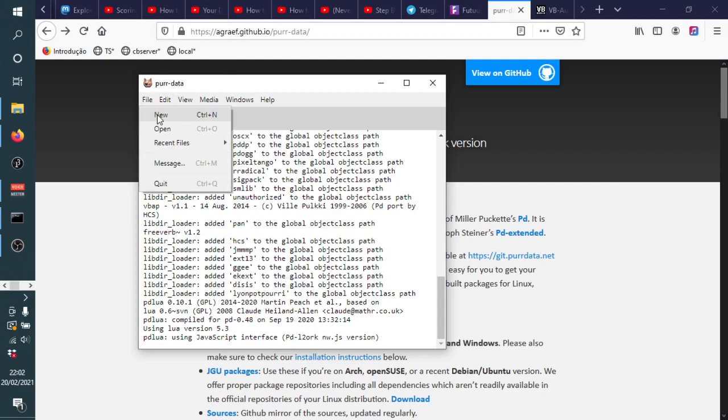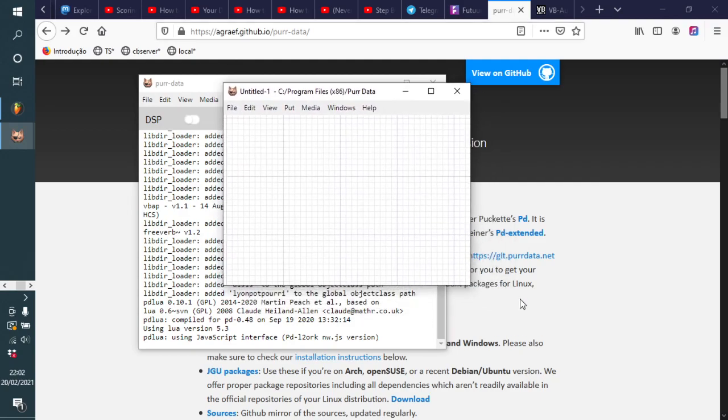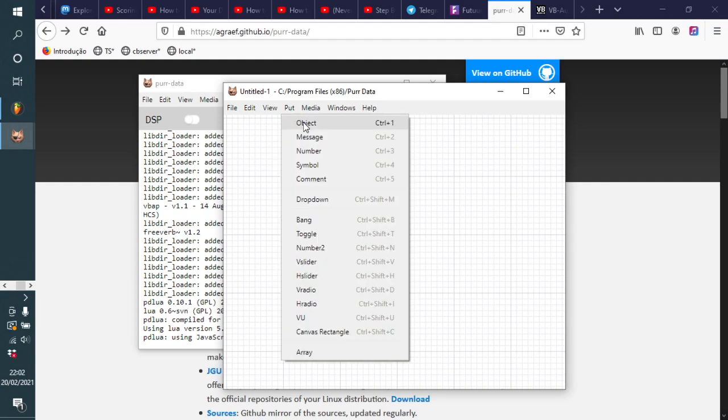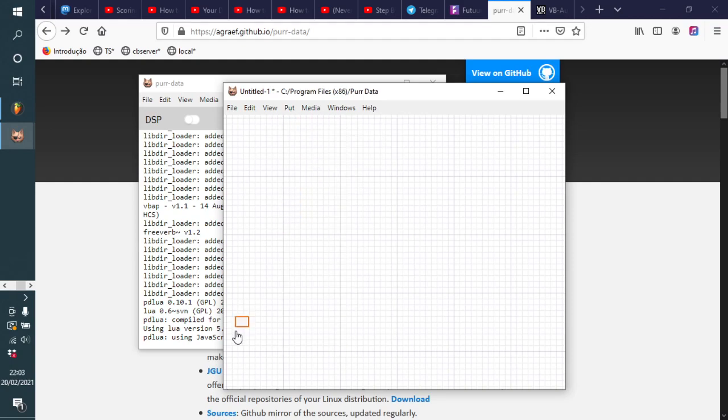Let's get started. When you open Purr Data, you get a kind of canvas on which you can draw various components. It's a bit like modular synthesis. It's a bit like Patcher in FL Studio. It's a little bit lower level than that. And let me show you what it looks like. Here's your canvas. You can put what they call objects on the canvas,